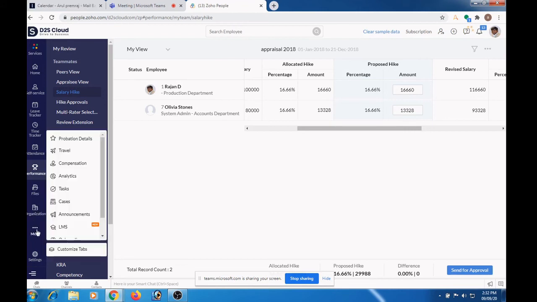Next, let us see some small modules available in this, like cases and announcement. Let me show you cases.